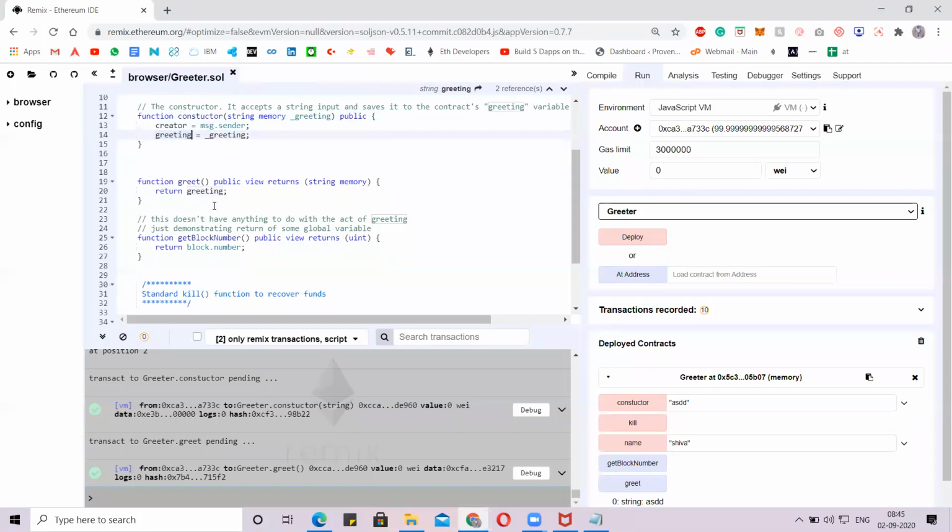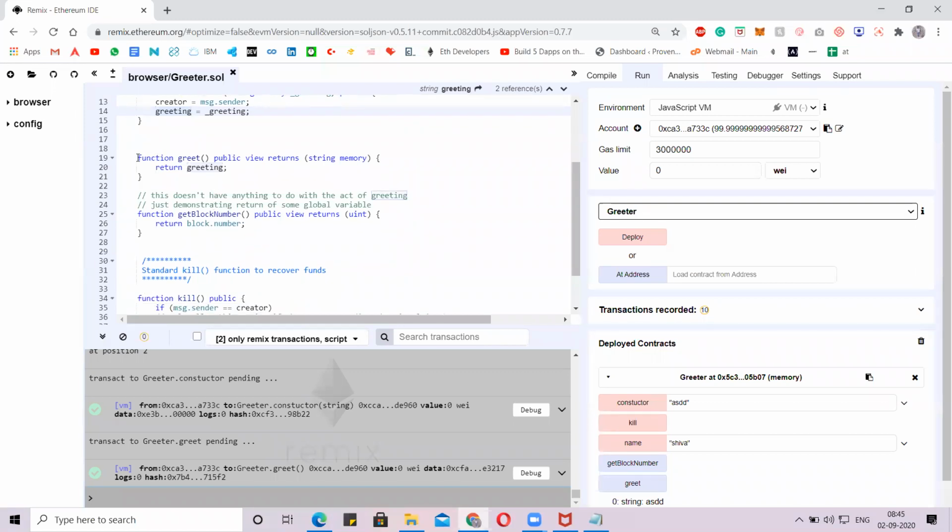Now we have created a function where we can pass the data to the contract and store it there. Now we need to call that data. How? We have another function where we can call the data. We need to use view. View is a predefined keyword that restricts modification and only gives access to view the data. There is no update we can do with this functionality. So we are returning the data directly from the global variable.